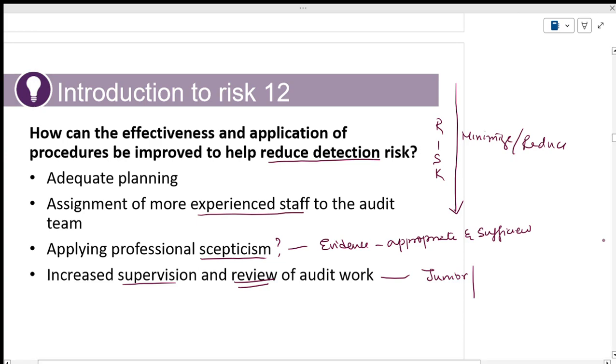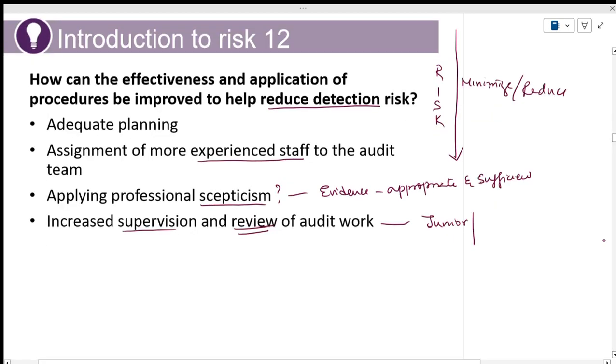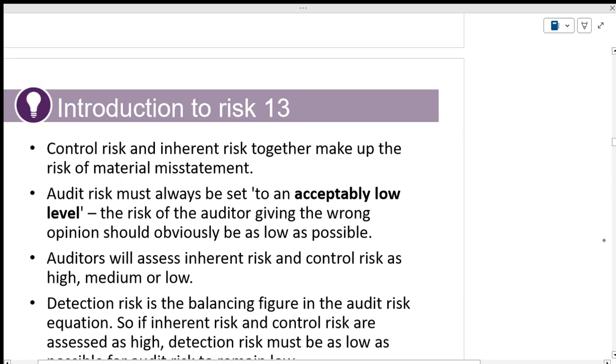Maybe the same thing is happening here. Automatically you apply those things and make sure things are right, that there is sufficient and appropriate evidence. This is where we are talking about the effectiveness of the procedures to reduce detection risk. Okay? Now,